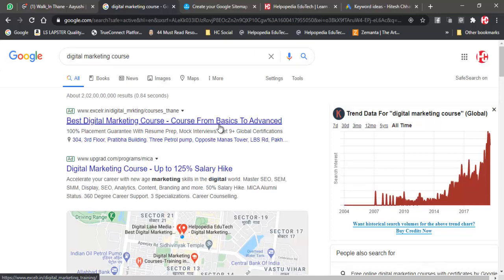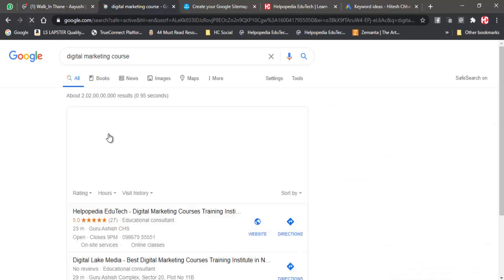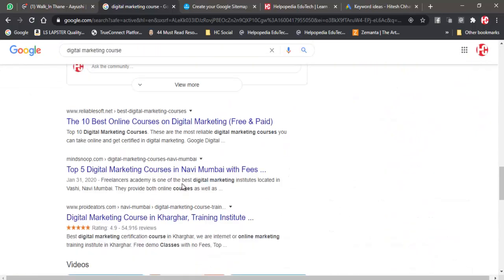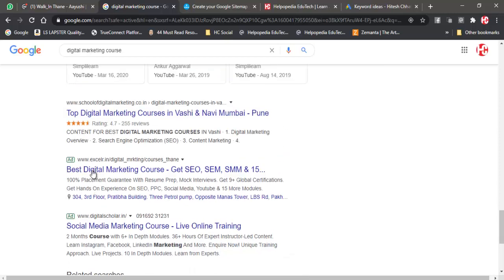And it is not that I'm going to search for this keyword only once. I might come back in the afternoon, or I might refresh the page, and the ads would be different. See, right now the ads are not coming. See, it has gone. So for that reason the ads keep on fluctuating. Now you can see that this is coming up over here and this is coming up at the bottom. If I refresh this, the frequency of a person paying a smaller amount would be less, and if some other person has paid more, then their frequency will come up more. But everybody's ad will come up.